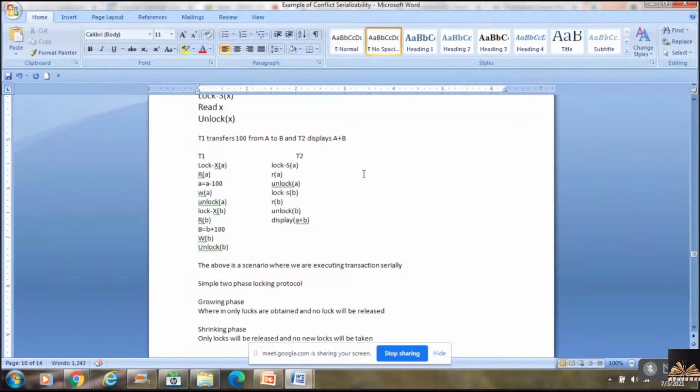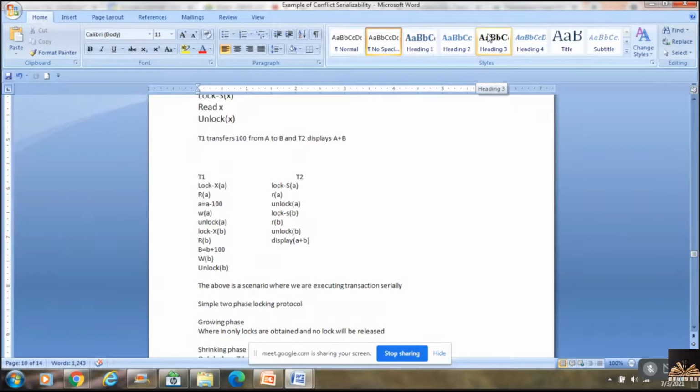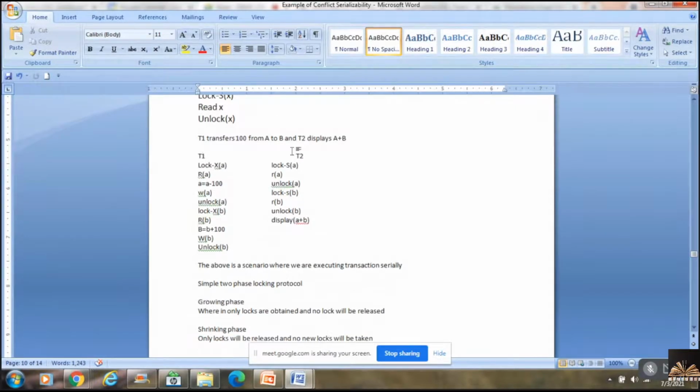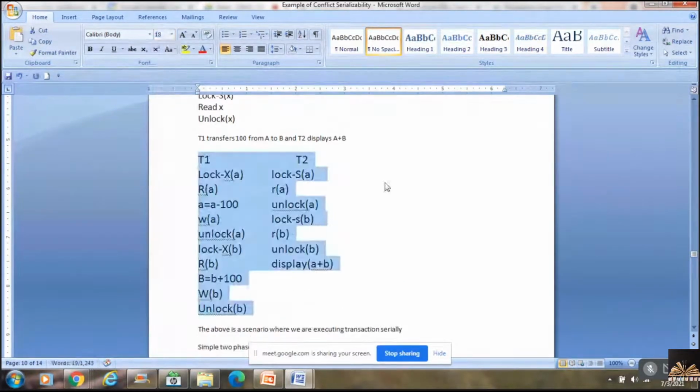Now, T1 is transferring rupees 100 from A to B, meaning there is a possible update operation. All of you can see that. So I'm trying to lock the variables first.